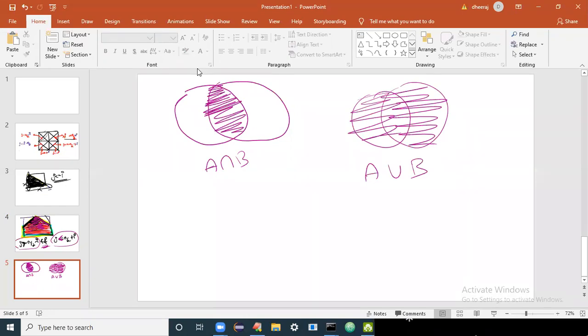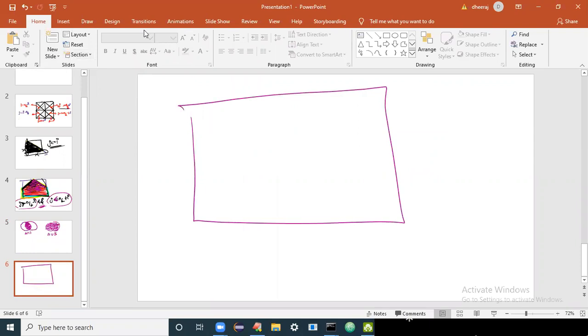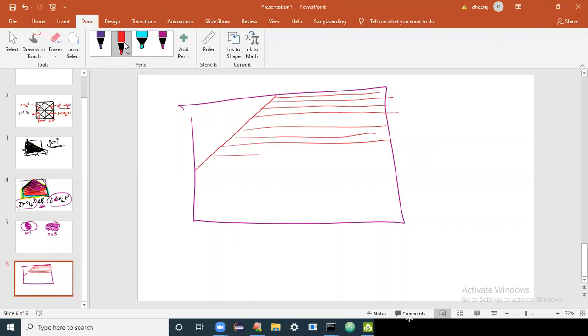Now after this example, I would like to give one more example like this. Watch here. What we had done previously is we have drawn this square. Then we told that if there is a line equation, from that line draw the right side. So when I told draw right side, this is the area which it will shade.